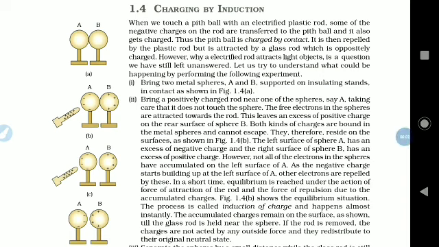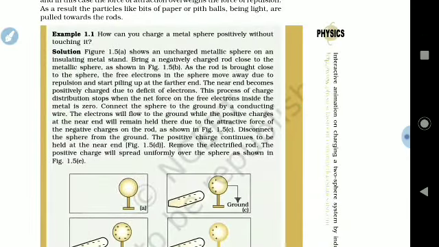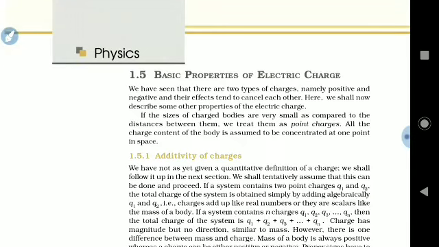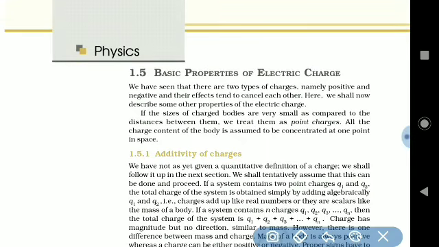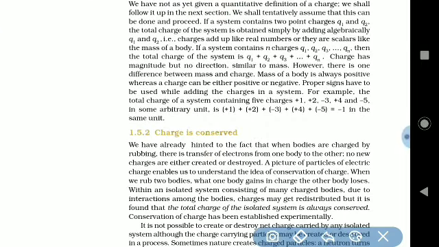Students, in our last lecture, we have studied about charging by induction. Also, we have gone through example number 1.1, which is also nothing but the second process of charging by induction. Then, we have also studied the basic properties of electric charge, in which we have seen what is additivity of charge, charge conservation,